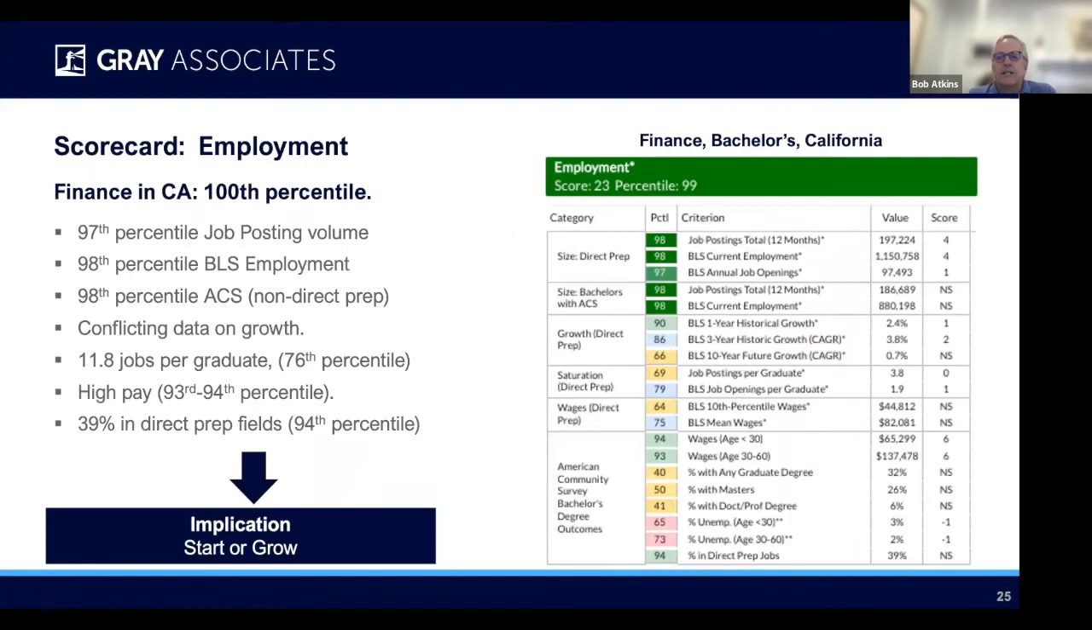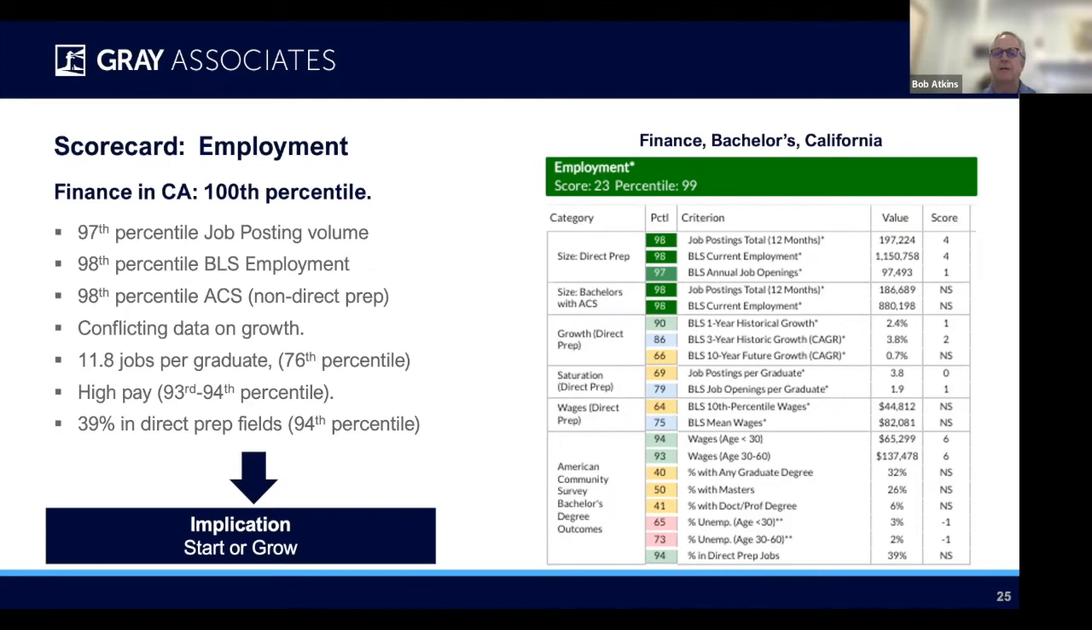So now let's look at some actual employment data for a program. And remember, now we're in one of those fields that is played reasonably well. We're talking about finance. When you look at the overall size, I think the conclusion is pretty easy. It's all green. This is a very big program, 97th and 98th percentile on all 3 of our size metrics. And we use 3: job postings, BLS current employment, pretty reliable number, and BLS annual job openings,